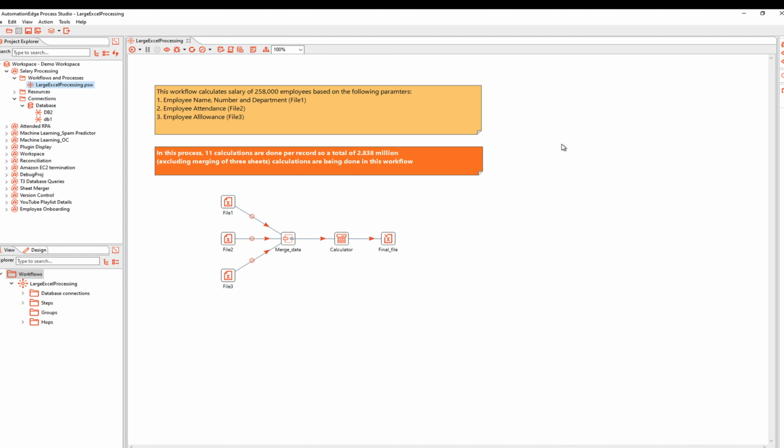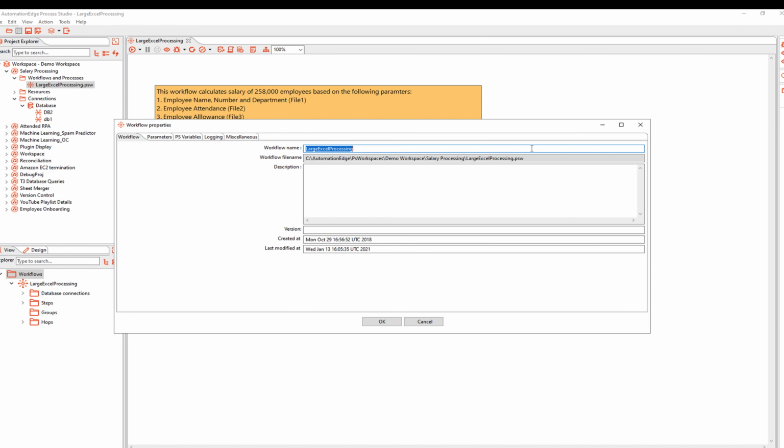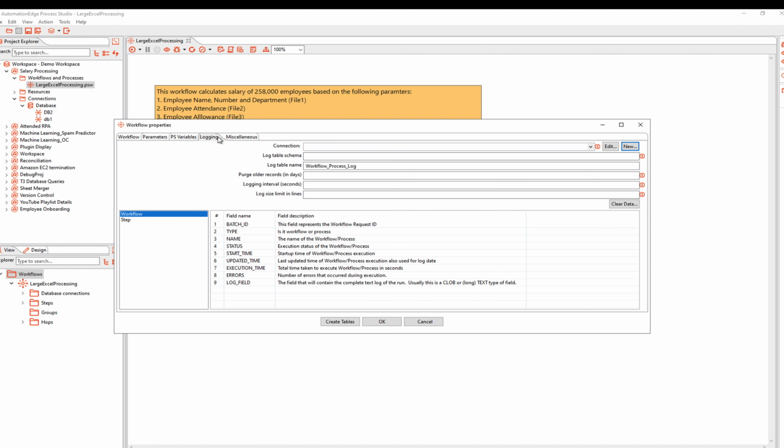Now to add the logging tables, you can just double click on the canvas. Under the logging tab, here you have various options. Now under the connections, you can select from one of the connections that you have configured earlier. So if I just select the DB2 connection,